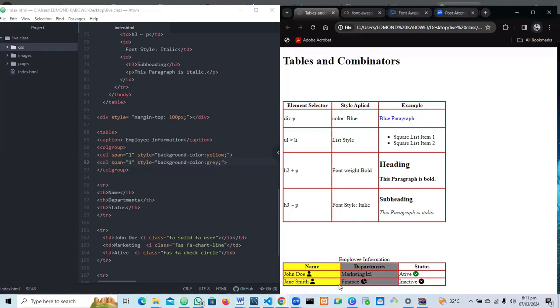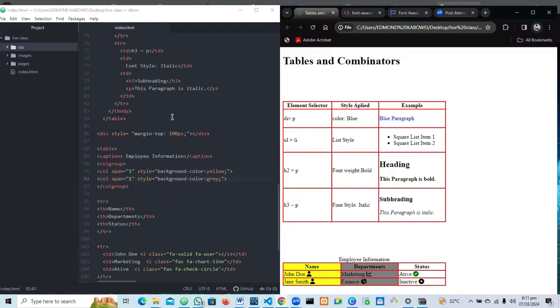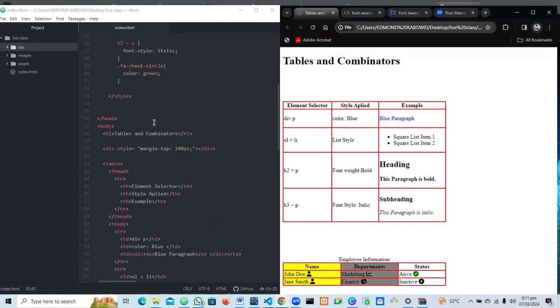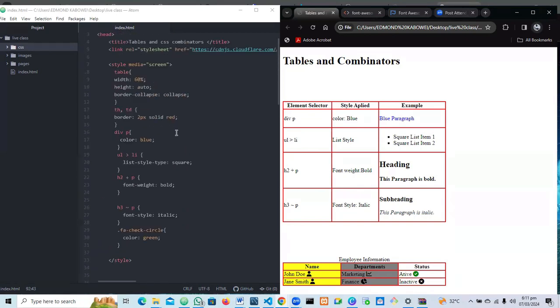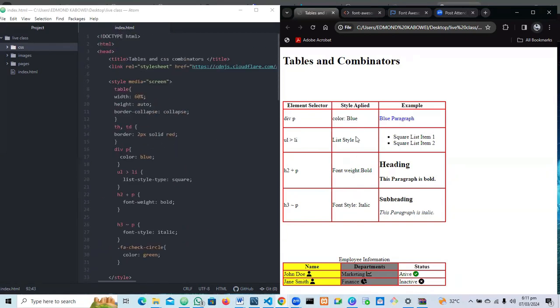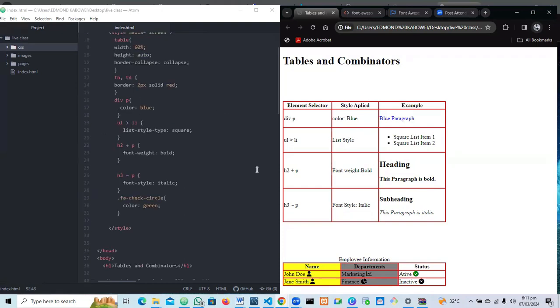So you can see now that we have colors applied. Now we can also change the color of each cell using the exact element, which is the TH or TD, since they hold the cell blocks. So we can apply colors to the TD alone if we want a particular